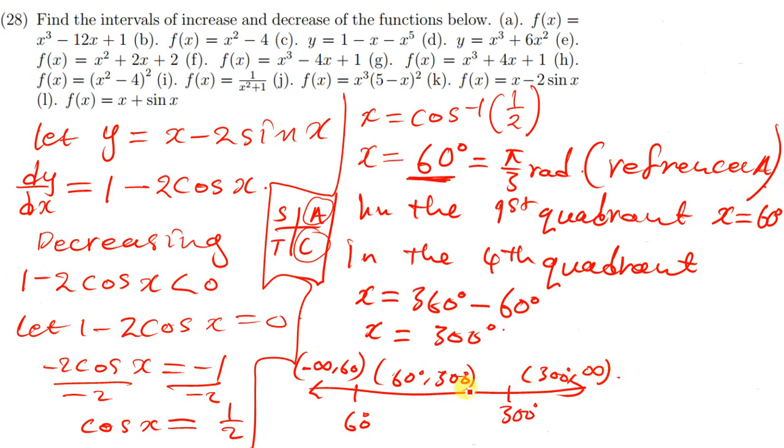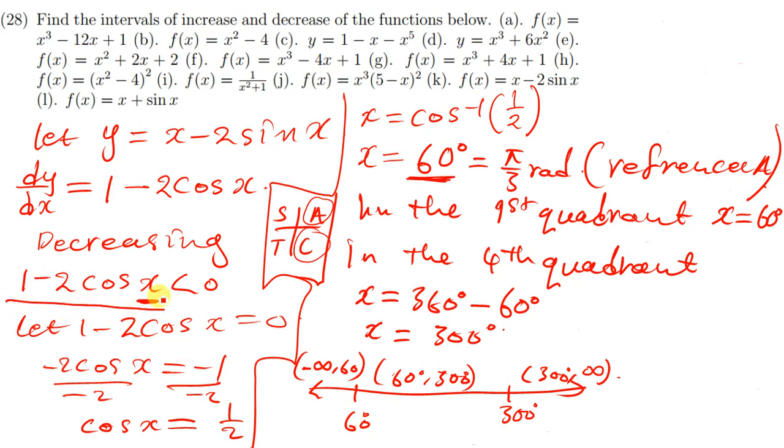So we can test these intervals. If we get any value of x that is less than 60 degrees, let's say we get 30 degrees. I'm using special angles because I know special angles are easy to deal with. So I've gotten 30 degrees, which is also a special angle. So if I put 30 degrees in this expression,